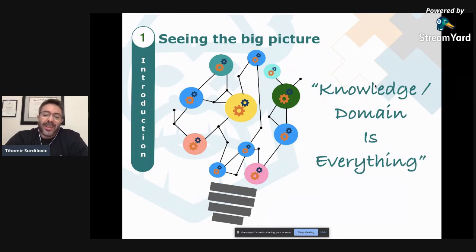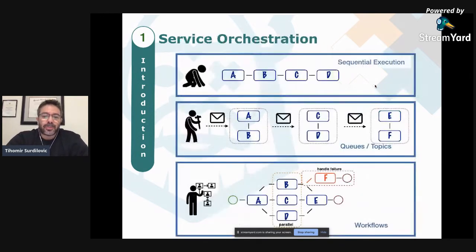customers. And the same microservices that we might have deployed might have a completely different value to different parts of our organizations. For example, sales might see the use of our microservices differently than HR and things like that. So we need this domain-specific view of our business or our microservices in order to really be relevant in today's world. Now, this is where service orchestration comes in.